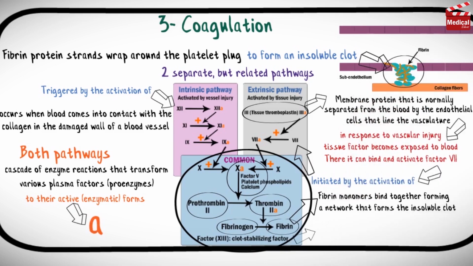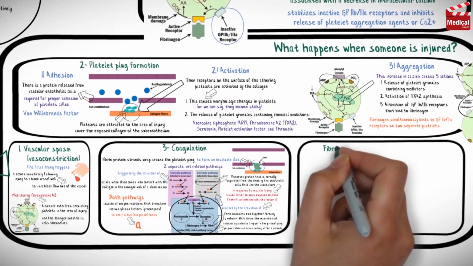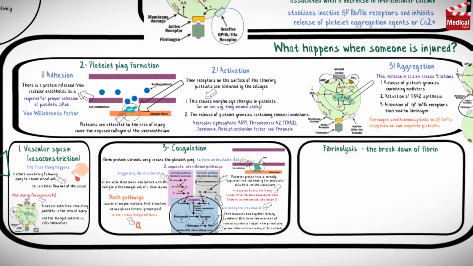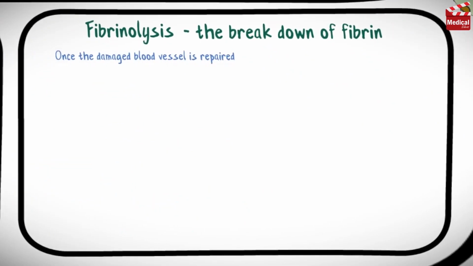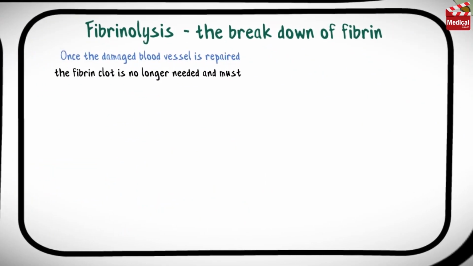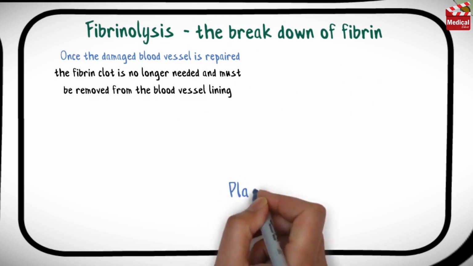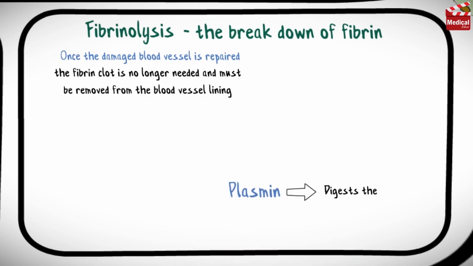A final factor 13, called clot-stabilizing factor, is released by platelets trapped in the platelet plug, and stimulates polymerization and cross-linking of fibrin strands. Then comes the last step, fibrinolysis, the breakdown of fibrin. Once the damaged blood vessel is repaired, the fibrin clot is no longer needed, and must be removed from the blood vessel lining. This process of fibrinolysis or clot dissolution is accomplished by the enzyme plasmin, that digests the fibrin